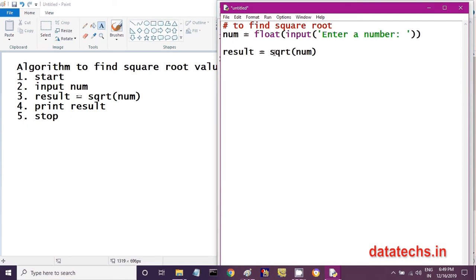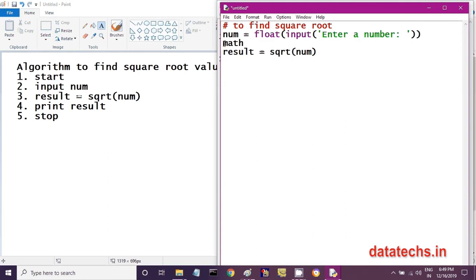Fine. But how to use the sqrt function? They have written the sqrt function in a separate program. That program name is math, so the program name is math.py. In that program they have written the sqrt function.